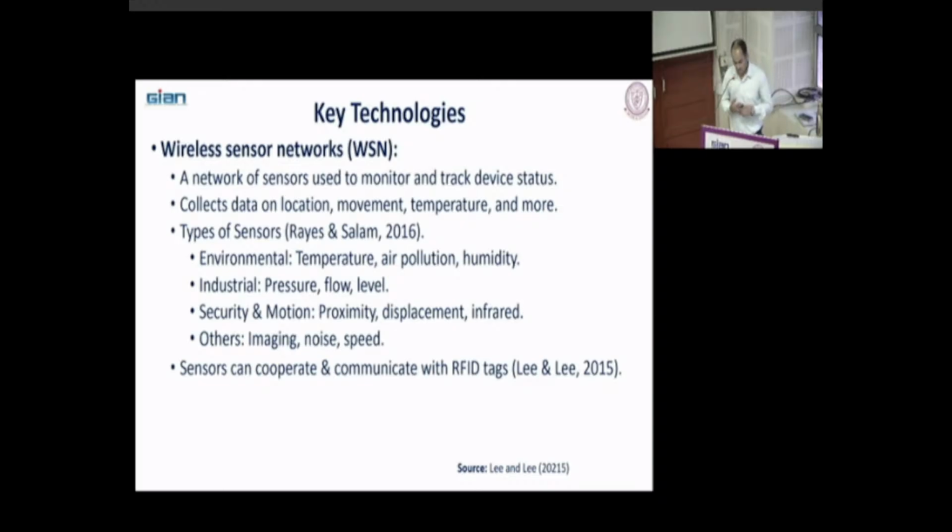Then we have some advanced RFID tags. They can collaborate, or they can engage with the other RFID tags. So these advanced tags can cooperate and communicate with the sensors, and then they manage the information accordingly. So you don't need to do anything. Suppose sensors take the information from your physical devices. Based on that information, it will tell the other RFID tags.